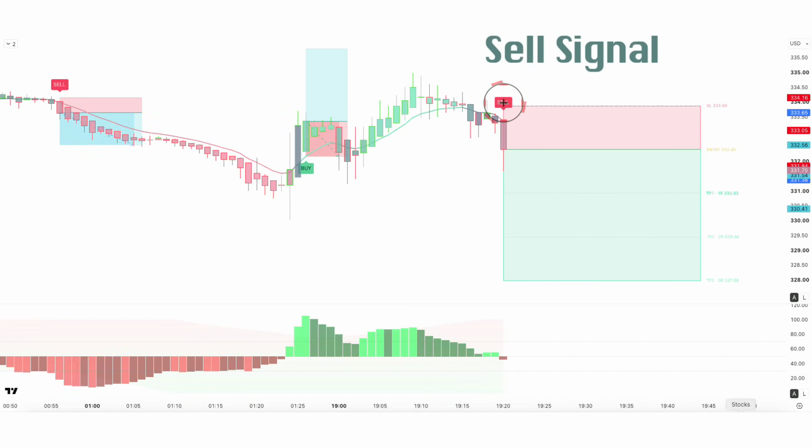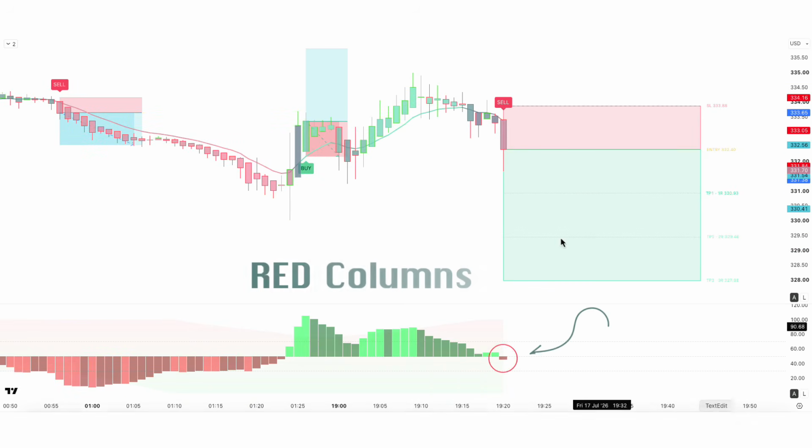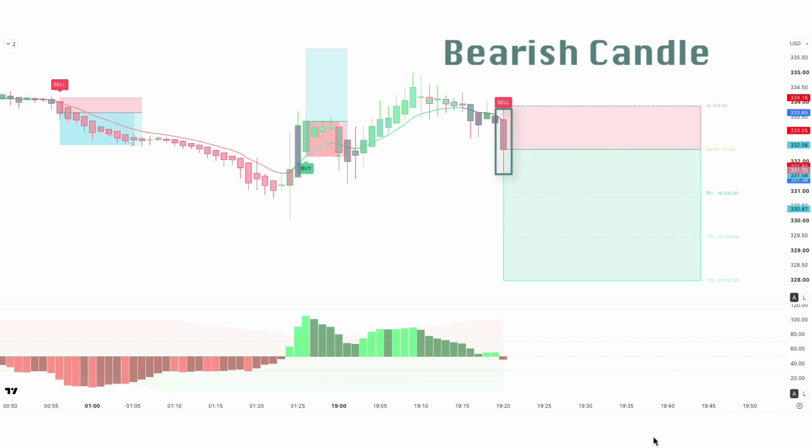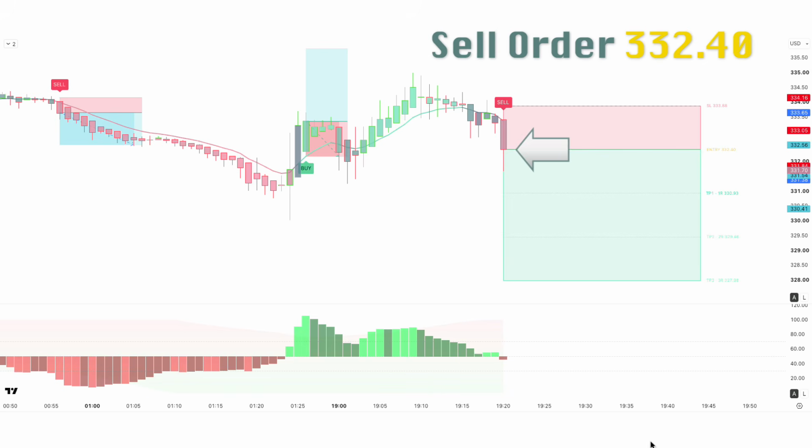Here the Quant Confluence Engine label down of this is a sell signal. Here the red columns of dynamic RSI level plus divergence below the zero line. Here the market has made a bearish candle to give confirmation. So all our conditions are being fulfilled, so we are placing an order to sell